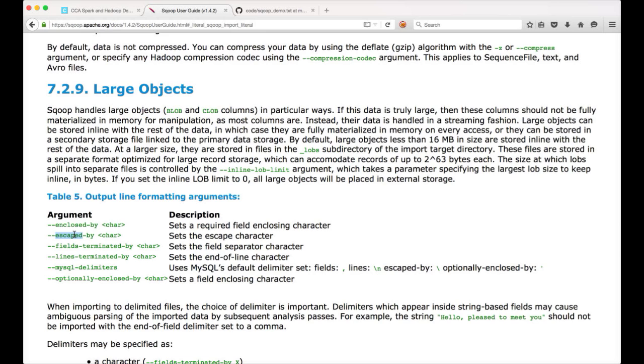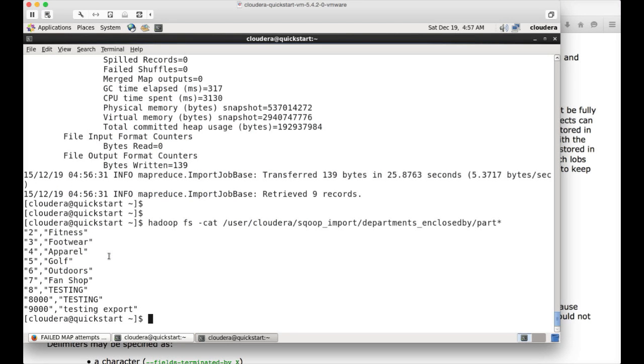As we have seen, there will be some special characters and you might have to escape them while doing the import. In that case, you can specify what the escaped by character is, and if the data has that character, it will use that character to escape and mitigate the impact of special characters within the data itself. And then the most important two parameters when it comes to changing the delimiters are fields terminated by and lines terminated by. We have seen that so far data is copied using comma as delimiter, and now we will run